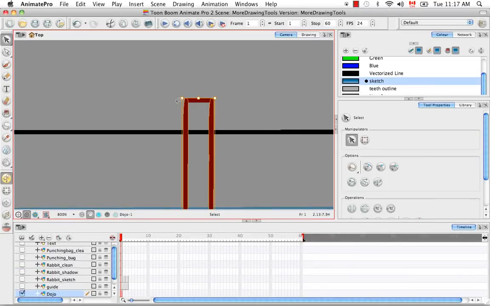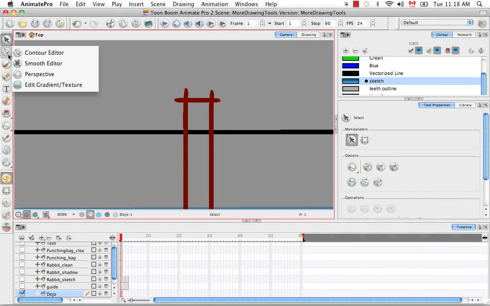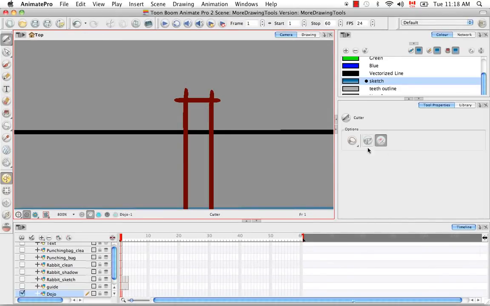So this burgundy beam was drawn with separate brush strokes, unlike the other one that was made with the rectangle tool. So let me just pull the edges out. Sometimes when you paint with the brush tool, you often cross over the corner points because you don't come to a full stop at the corners. As you learned in a previous tutorial, if you use the cutter tool with the mouse gesture, you can get rid of these